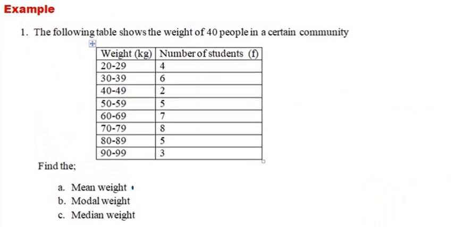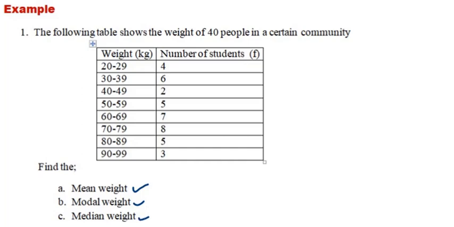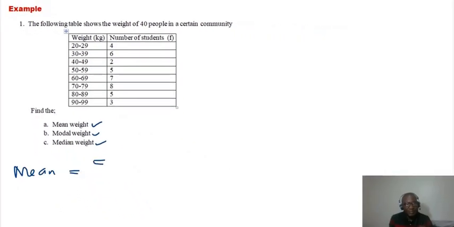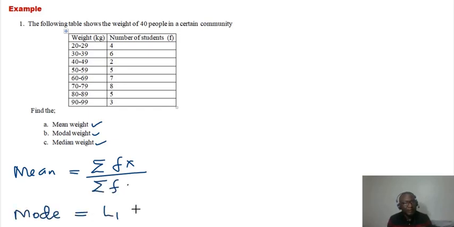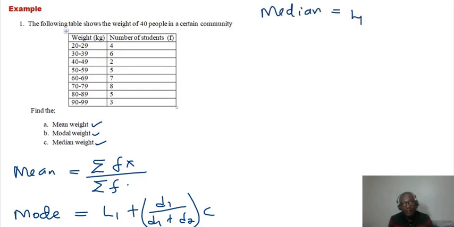They need us to find the mean weight, the modal weight, and the median weight. Now we shall start by drawing a table. You know that mean is equal to summation fx all over summation f. Mode is equal to L1 plus D1 over D1 plus D2 times the class width. Then median is equal to L1 plus N all over 2 minus cumulative frequency before over frequency of the median class